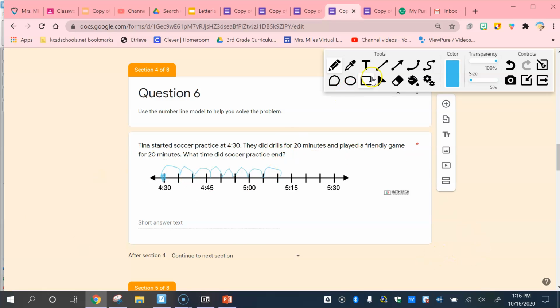All right, so this is the time right here that we need to figure out. So what we're going to do is, the last known time we have is 5 o'clock. So we're going to count by 5s until we get to that space. So 5 o'clock, 5:05, 5:10. So your answer should be